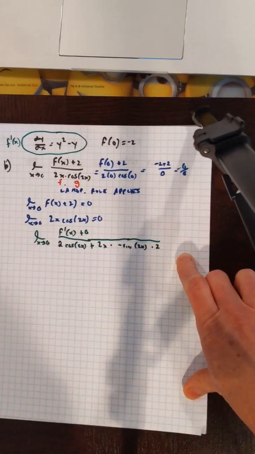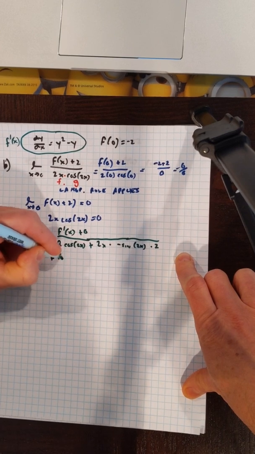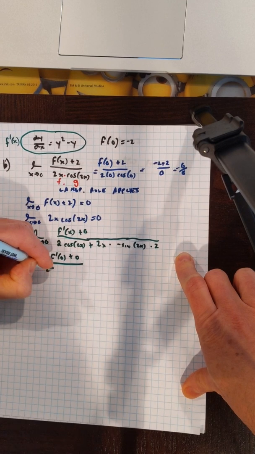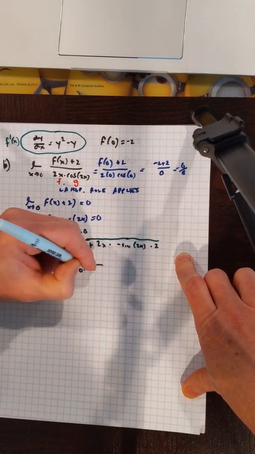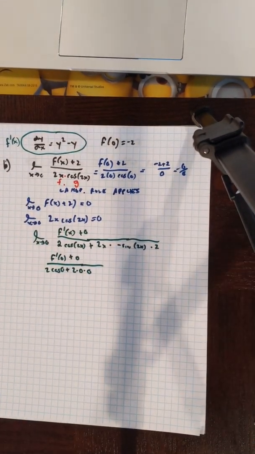Now I'm not going to simplify that as it is. I'm just going to go ahead and plug in 0. So I've got f'(0) plus 0 over 2 cosine 0 plus 2 times 0 times, that all winds up being 0, so I can just put 0 there. Okay,